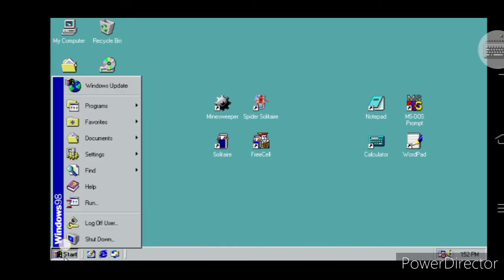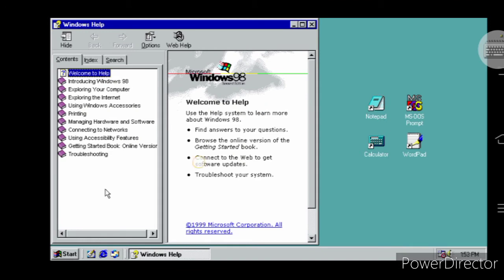Click on the start button. If you want to know about this app, there is a help button. Click on that. You will see Microsoft Windows 98. Welcome to help. Use the help system to learn more. If you want to learn more about this app, you use this.